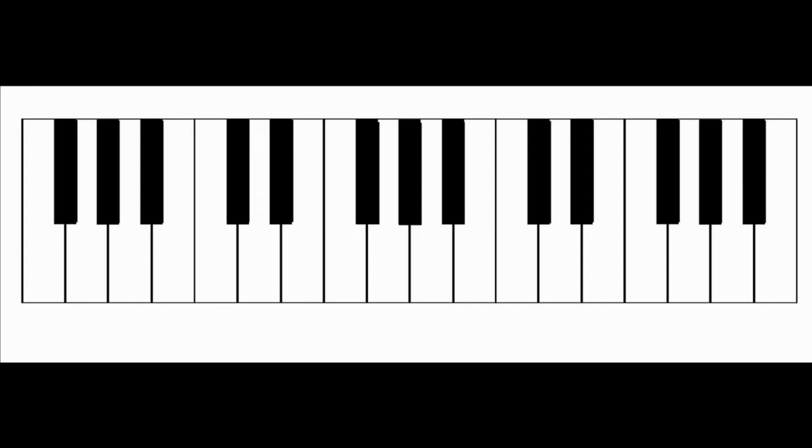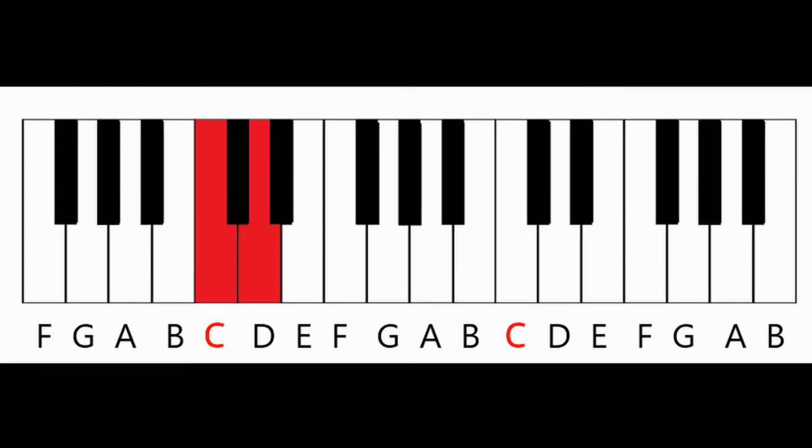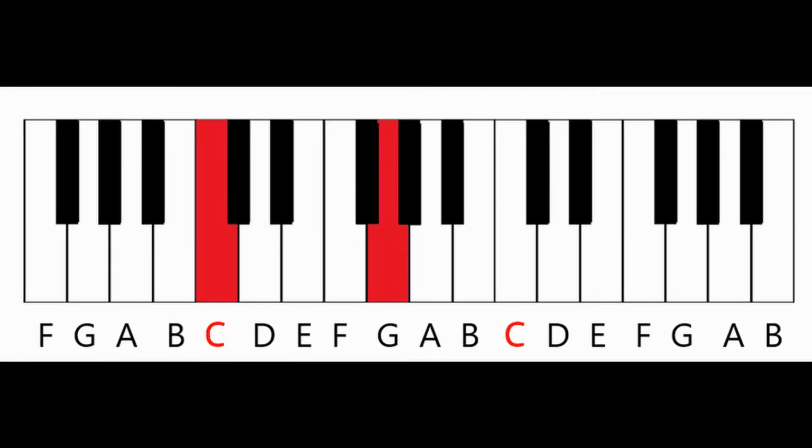Here's how to play piano in less than 6 minutes. First, we have the C note. The notes repeat from A to G as you go up the piano, so here are those filled in. The space between two notes can be a second, third, fourth, fifth, sixth, seventh, or an eighth, also known as